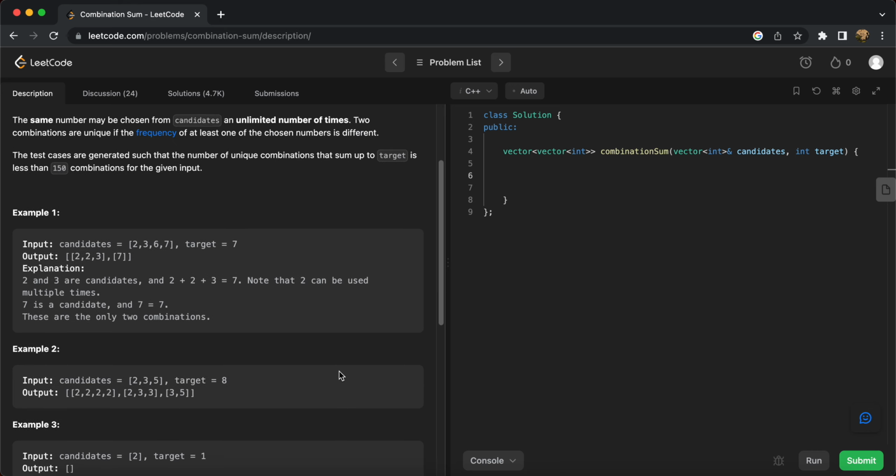I'll just open an Evernote for this. Suppose we take this example given here, 2, 3, 6, 7. We are given the set 2, 3, 6, 7, and the target is 7. So when we are iterating through this set,